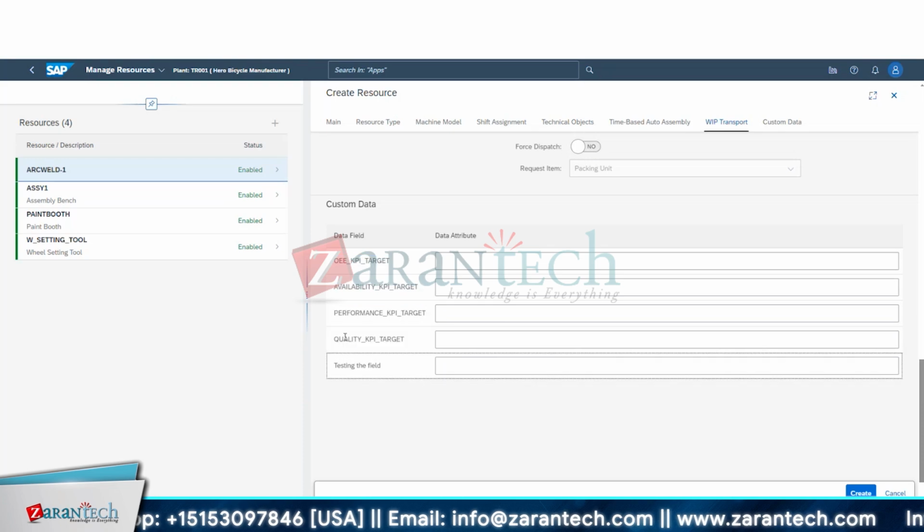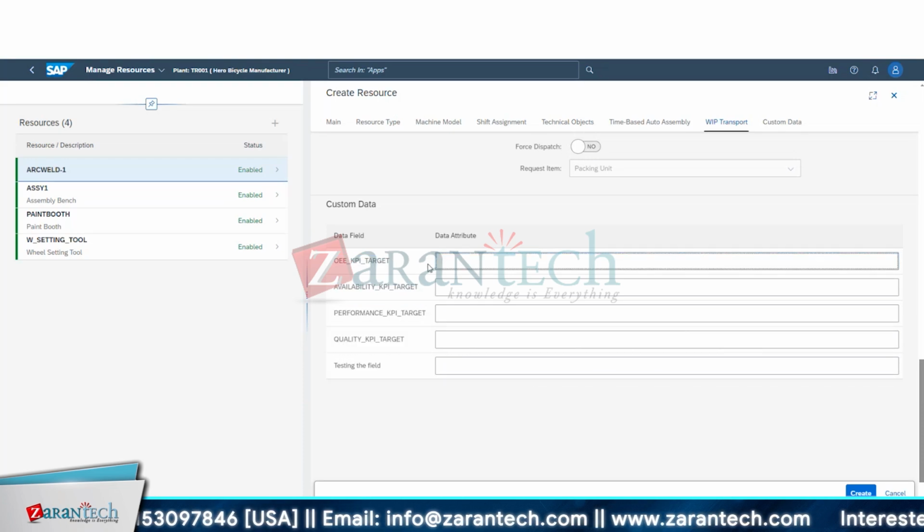So what they did actually, they created a custom field, and whatever value you put here will be utilized in the reporting in the background. So they are using this field for their calculation of the OEE and everything. Similar example I can give you for the